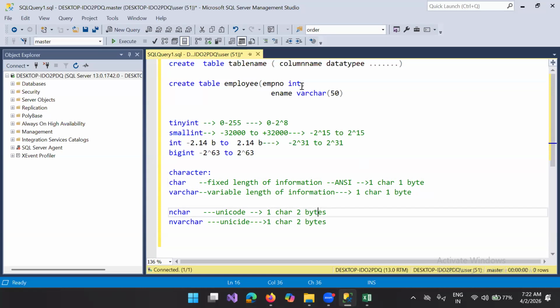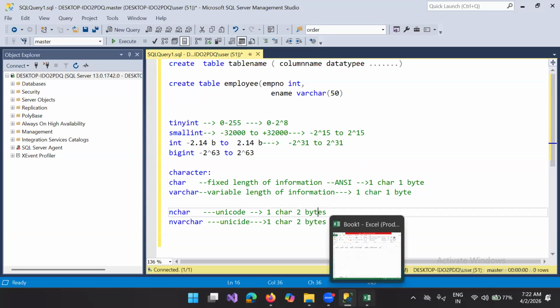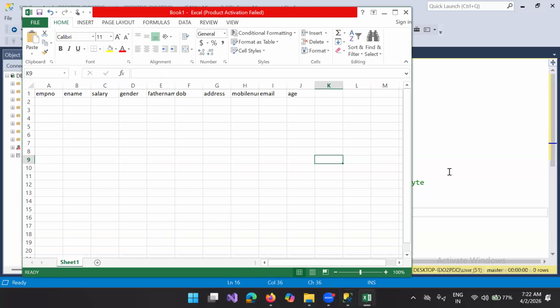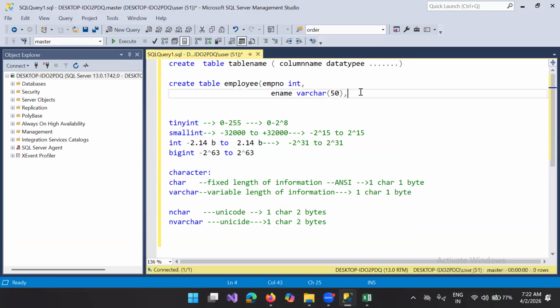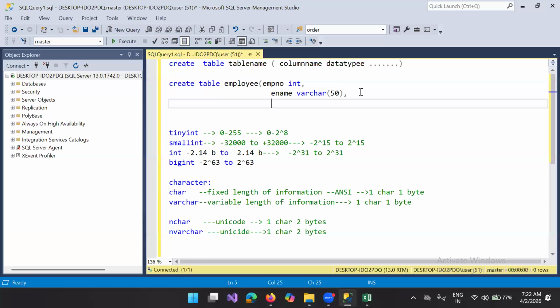Next, the next column is salary. If you have any doubt, feel free and ask. Salary is money related information, right? In SQL Server